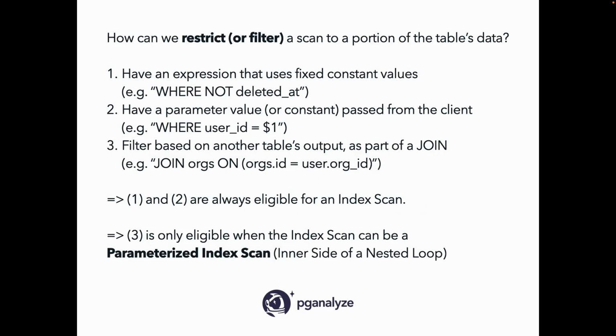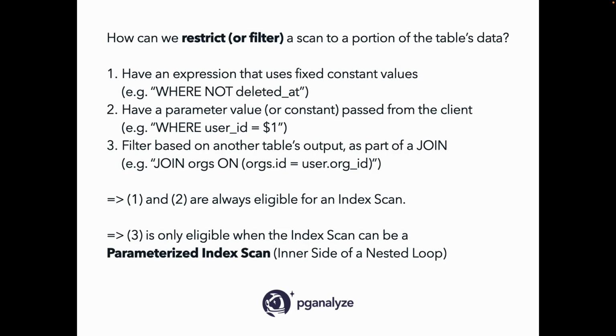Now, maybe here a quick primer on how we can restrict or filter what part of the data will be scanned. So we can have an expression that uses certain fixed values, constants, parameters, or a filter based on the table output. That's like we just saw. The simple cases here, right, where everything is in the source query, can always use an index scan. Third case, where we filter on the join condition with data from the other table, that's only eligible to use an index scan when it's a parameterized index scan,